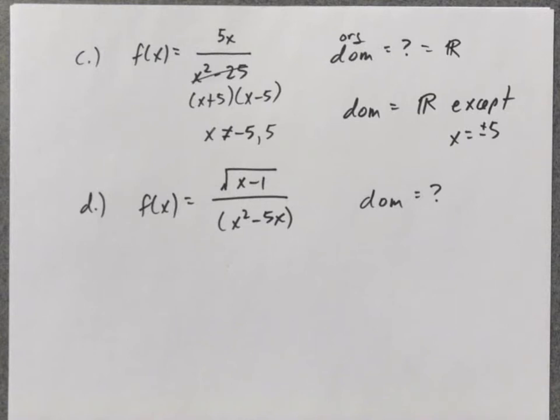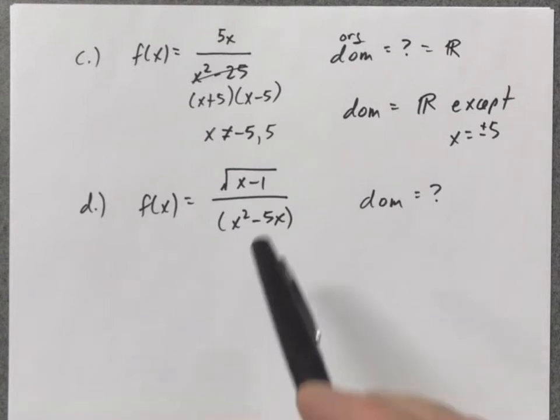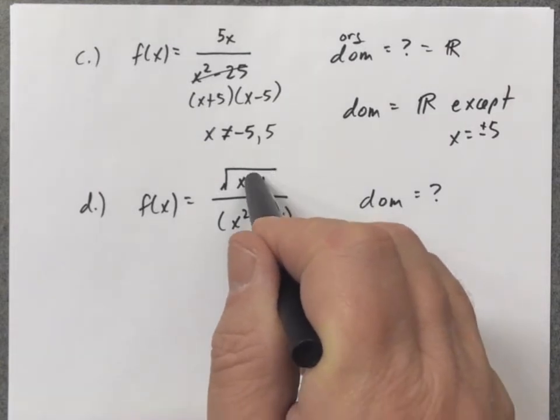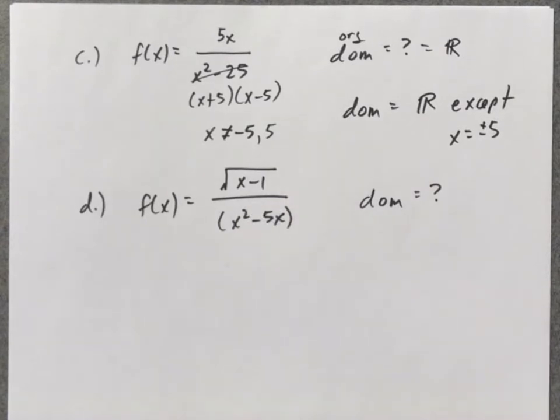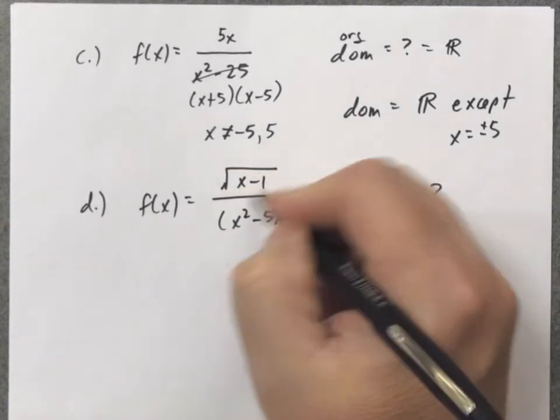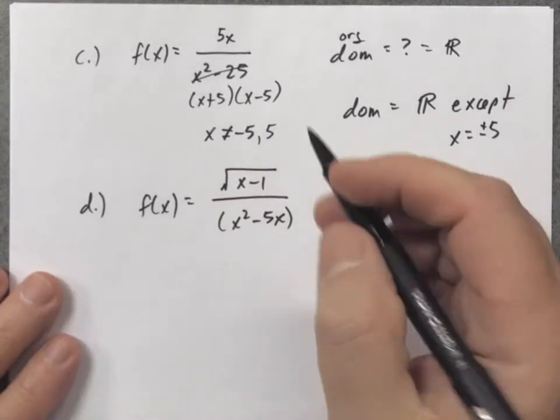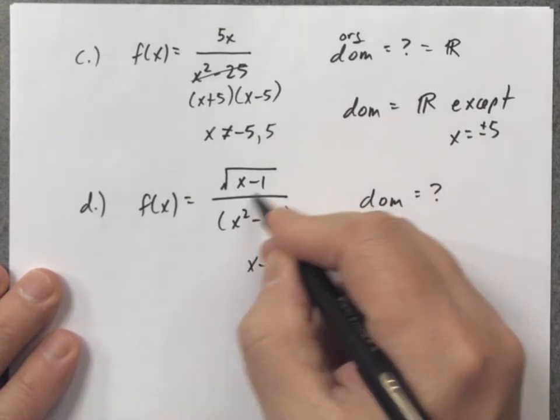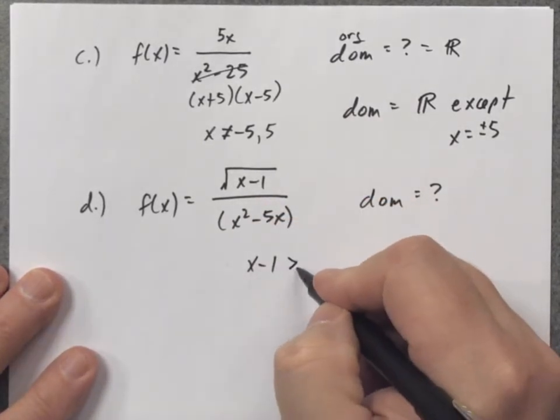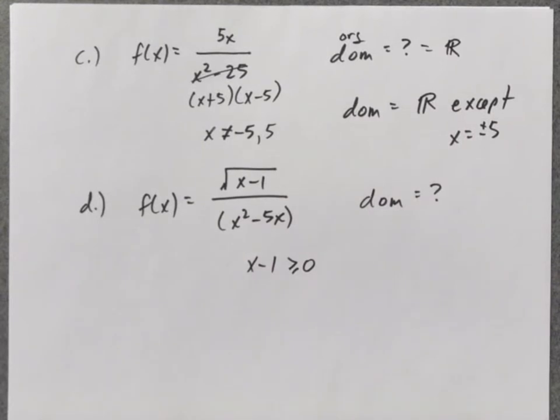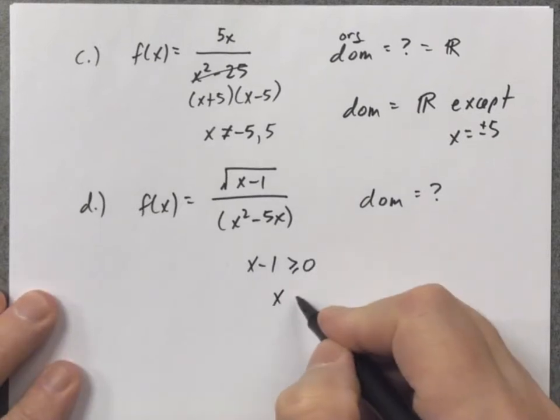So somehow I have to figure out the domain, and I have to include the impact of the variable under the square root, and also the impact of having a variable in the denominator. So how would we go about including both of those in order to find the domain? Well, what I do is I will take a look at the impact of the square root first. So like we talked about before, you take whatever's under the square root and you say that has to be greater than or equal to 0, and I solve for x,